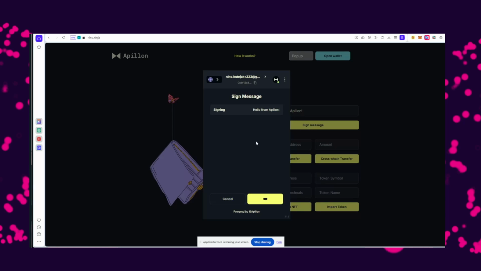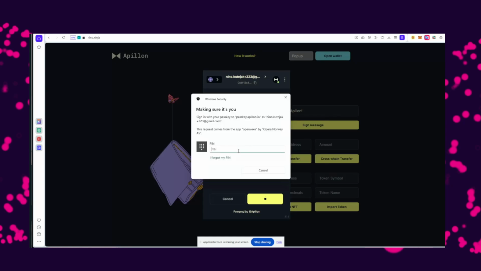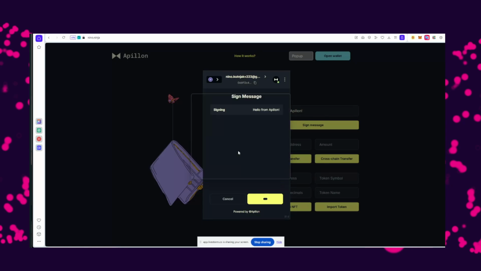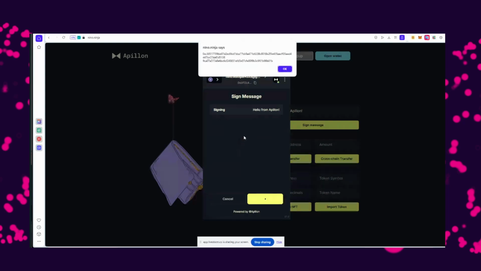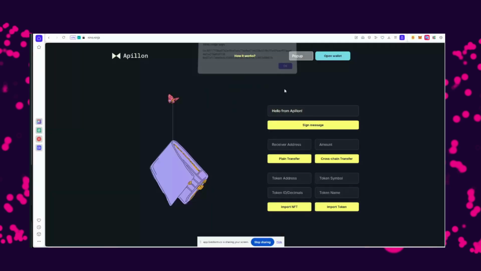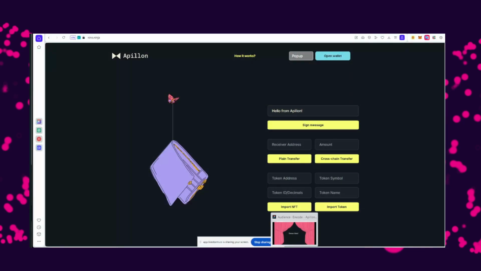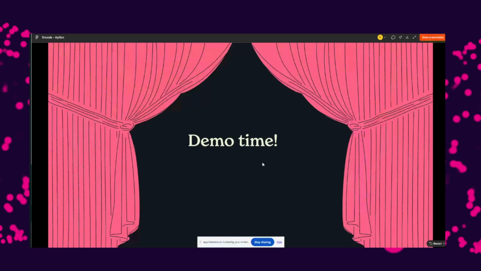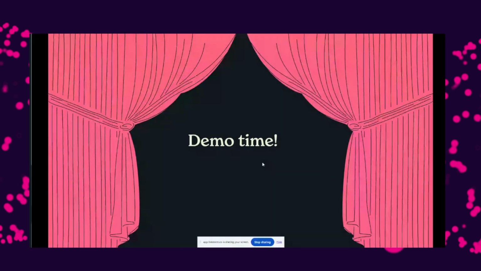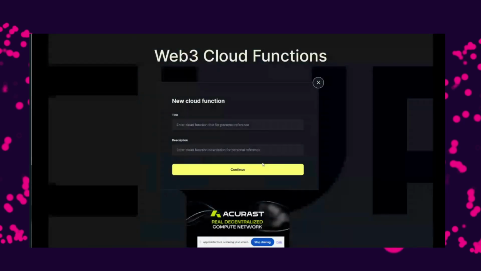They can sign messages. Again, passkey pops up, as you can see in this case. I'm on a Windows machine and I don't have a fingerprint reader here, so it falls back onto PIN, but I was able to sign the message just by doing this, nothing else. So yeah, I think embedded wallets could be part of anything you are building in this hackathon. Maybe you can utilize them somewhere else as well.